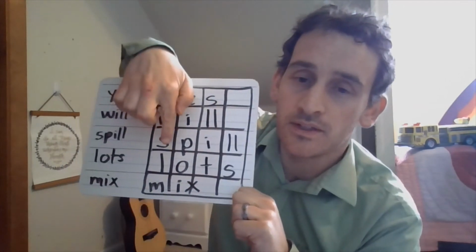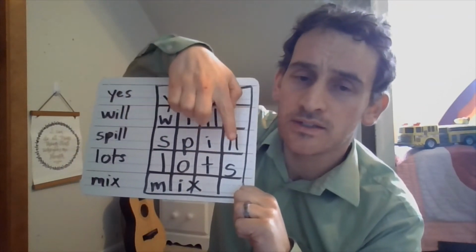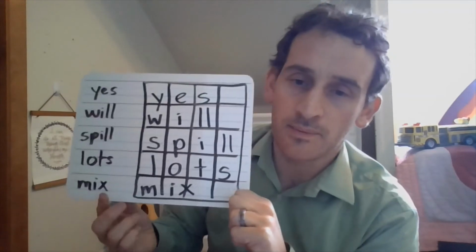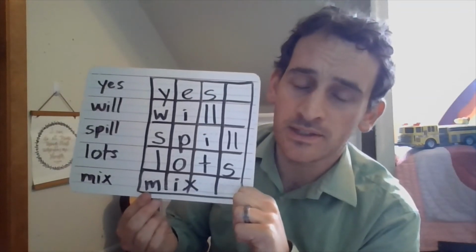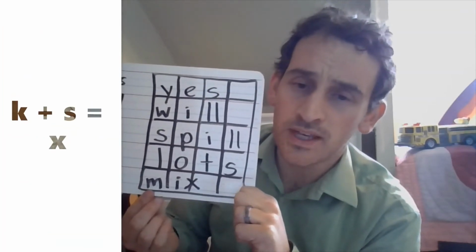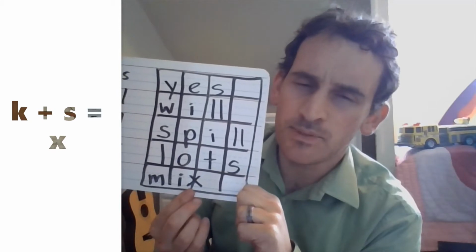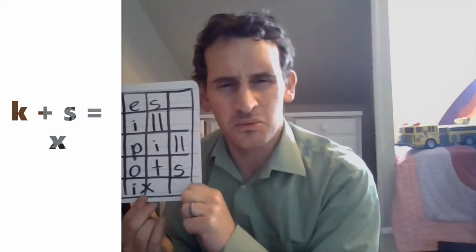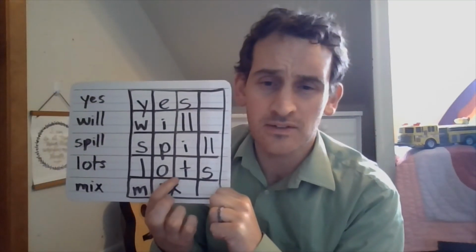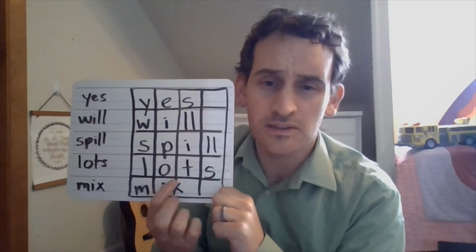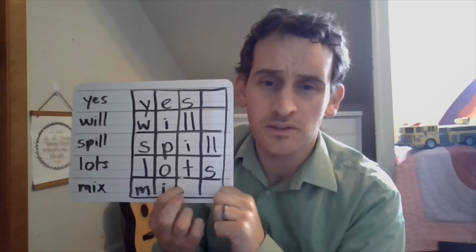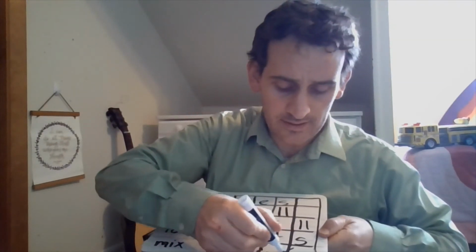Let's try this one. L, o, t, s, lots. That one's pretty simple. And then the last one is a little bit trickier. You can see we've got the X in between the sound boxes. If I was accurate, I'm actually supposed to put it... This is a pretty good skill. How many people can do that? If I was accurate, I should actually be putting the X here